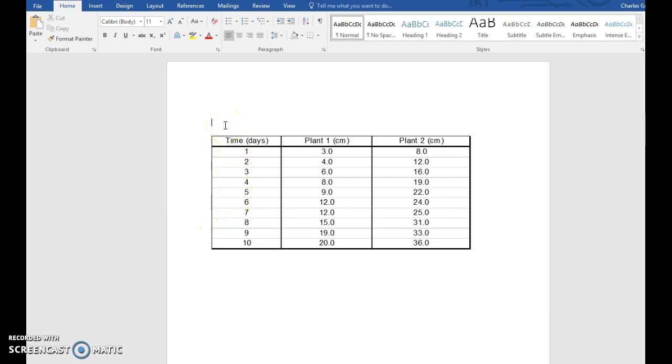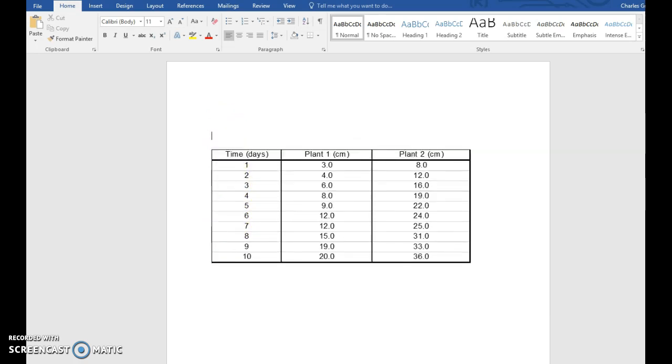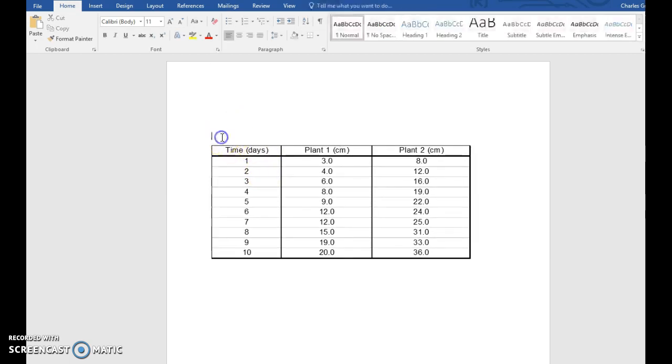Anyway, I just want to show you about writing a descriptor. A descriptor for your data tables and graphs. All data tables are listed as tables: Table 1, Table 2, Table 3, Table 4, and so on. All graphs and pictures go in as figures. So for tables, I usually like to put my descriptor at the top. So here, I might do